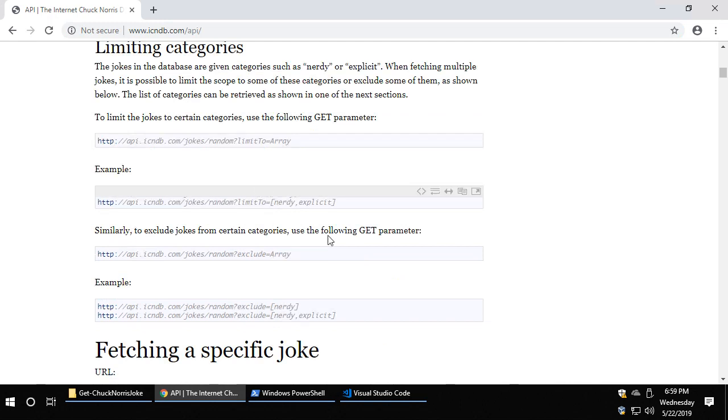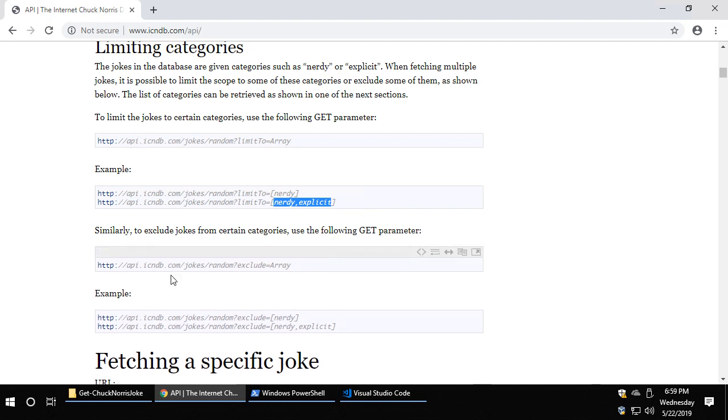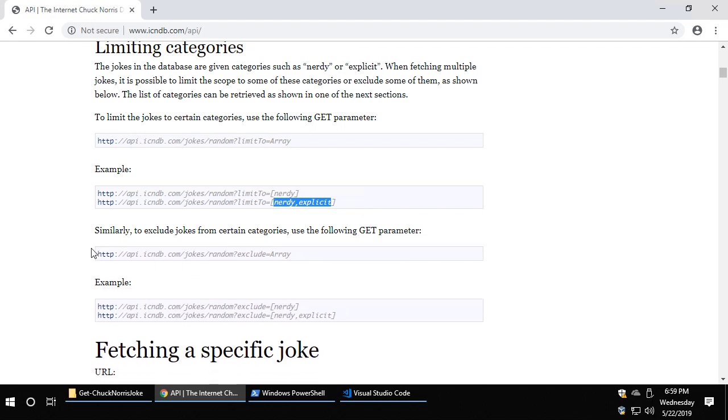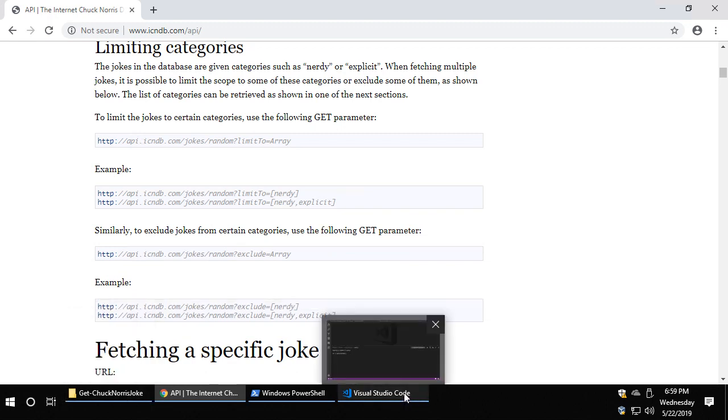We're going to use some validation sets so we can kind of go for nerdy or explicit. If we don't choose one, then we'll obviously pick one randomly, and then we'll load it up as part of the profile just for fun. So the first thing you want to do is load up Visual Studio